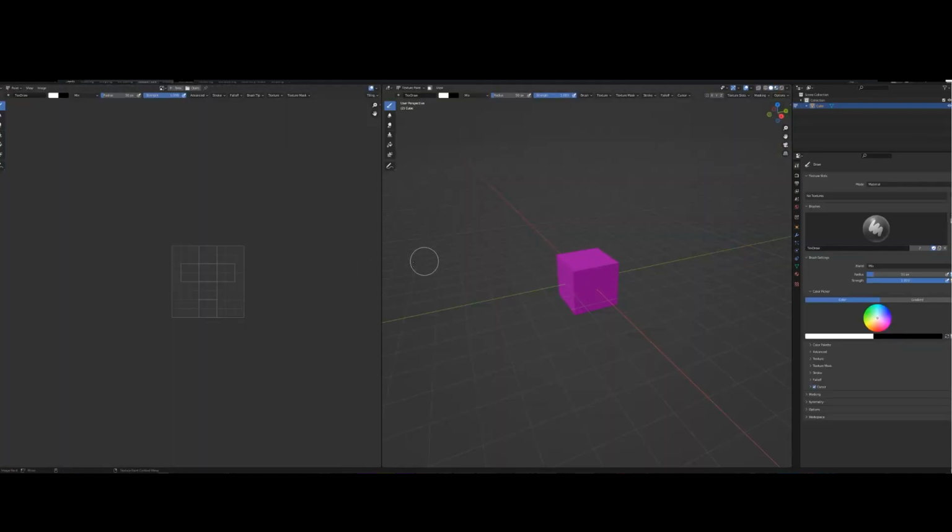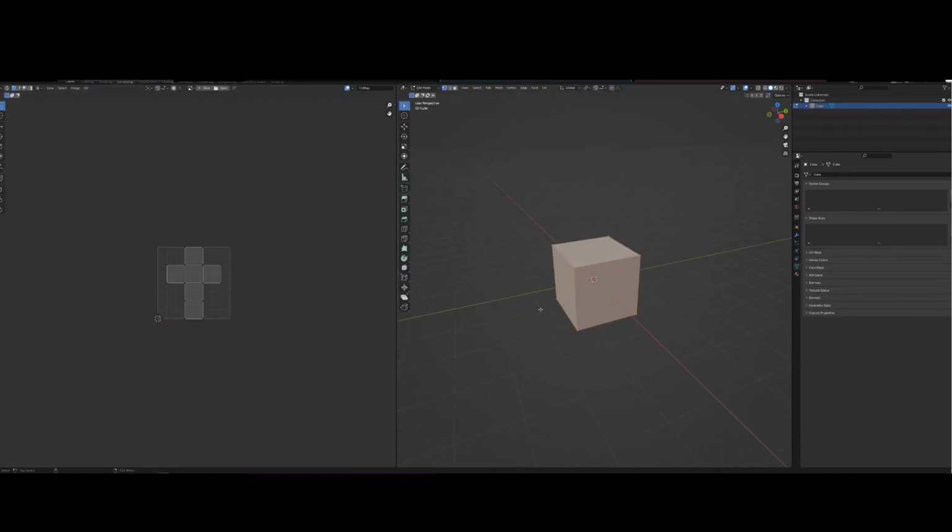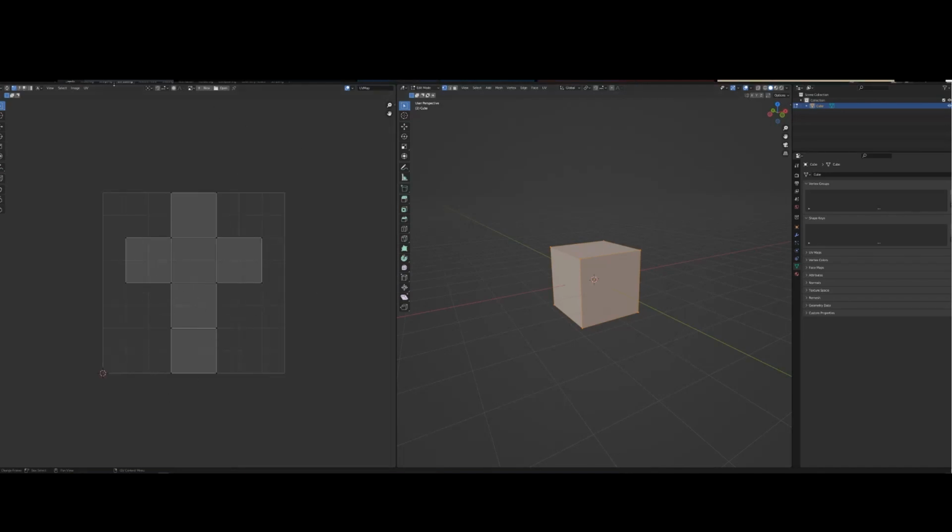Texture painting is set up so that you can actually paint on your objects. UV editing is a more complex thing, which I'll go into more in depth in another lesson, but it's basically unwrapping the mesh of your shape to texture it better. You can see this cube obviously unwraps nicely to that shape, and you can manually decide how it unwraps